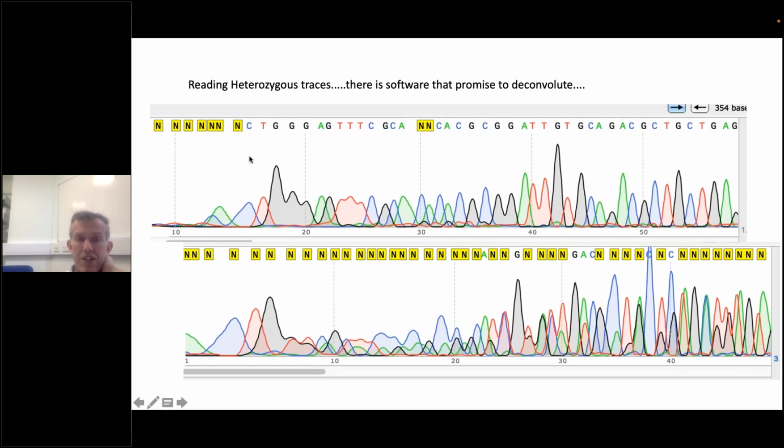So this is a sequencing trace of a wild type fish, and you can nicely see the sequencing trace. You can see the peaks occurring over here. However, if we sequence a fish that had a mutation, you get a complicated pattern. And there is actually software that promises to deconvolute these patterns and tell you what the two sequences were. I generally do not do this. I simply do this by hand because I find that it's just as quick.